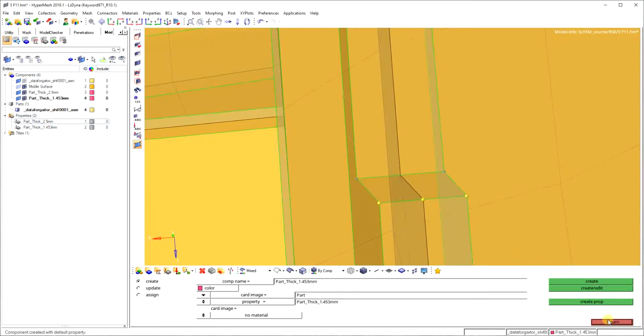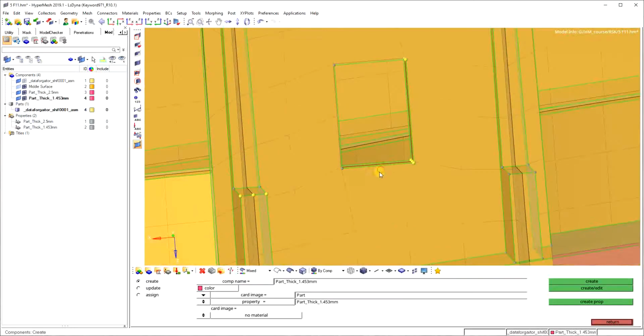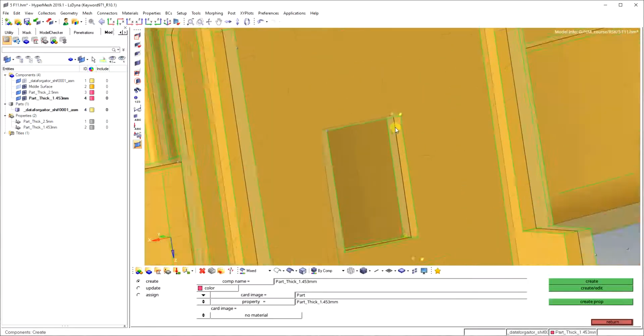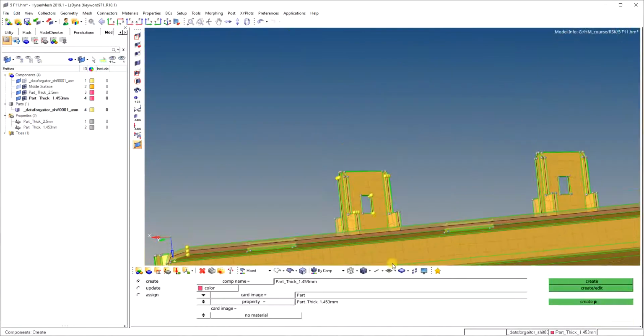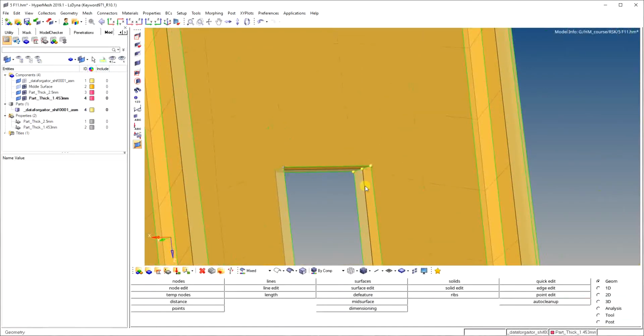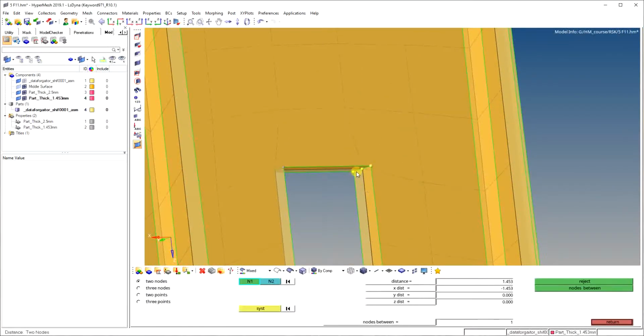Now secondly, we are creating the second thickness, that is F4. This is of 1.340.